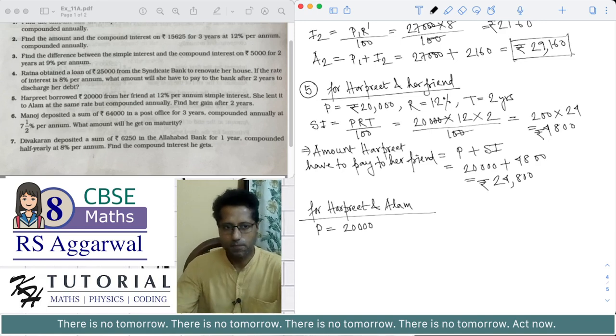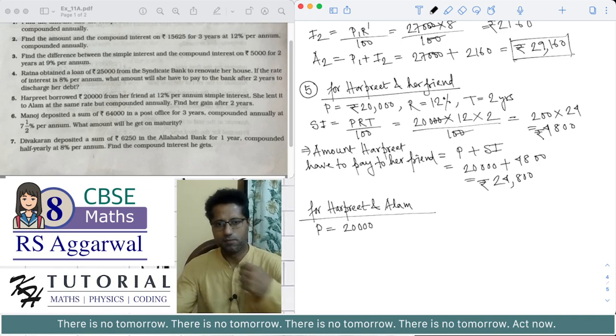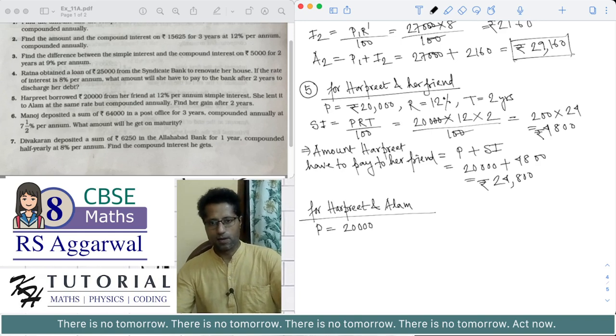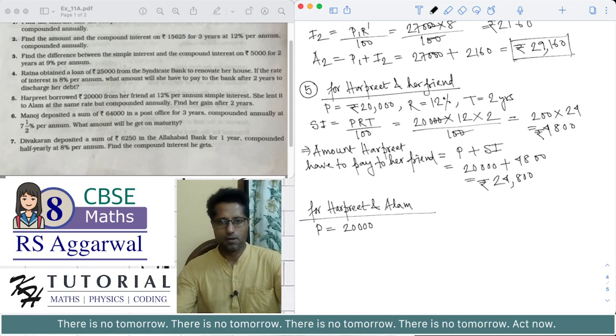Because why 20,000? Because Harpreet took 20,000 from her friend, and then he immediately lent that money to her friend Alam. So this basically means that Alam borrowed rupees 20,000 from Harpreet at compound interest, compounded annually. And so we have to calculate the amount that Alam needs to pay back to Harpreet after 2